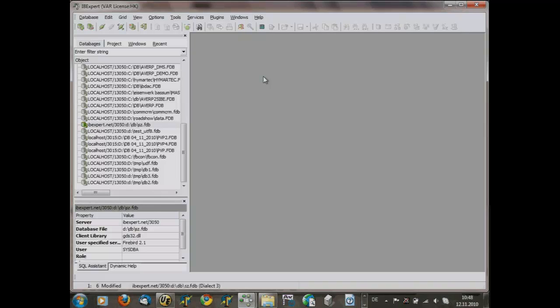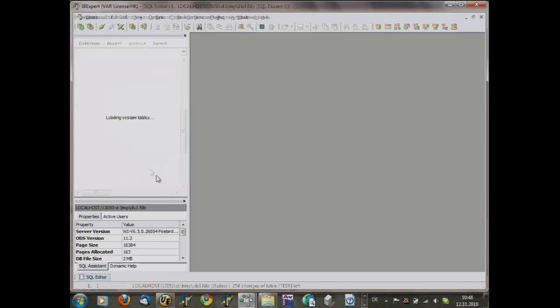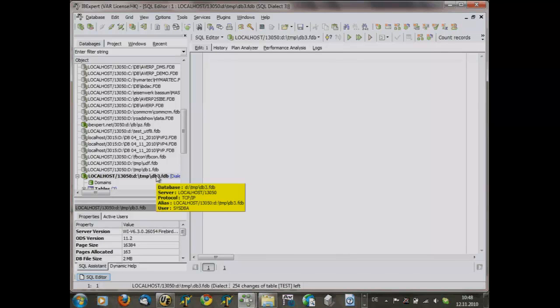We know from a lot of customers that they want to use the IBExpert full version with all the functionalities regarding performance issues and optimizing the performance of databases, also on their customer's computer, but they do not want to pay for a license for the customer because they do not want their customer using IBExpert and manipulating the database on their own. So this is perhaps the best way: an IBExpert portable license, which allows you to have the IBExpert full version anywhere you put this USB stick in.